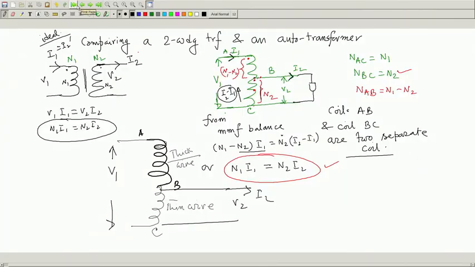Welcome to lecture number 28, and we were discussing the AutoTransformer. Remember in our last class,